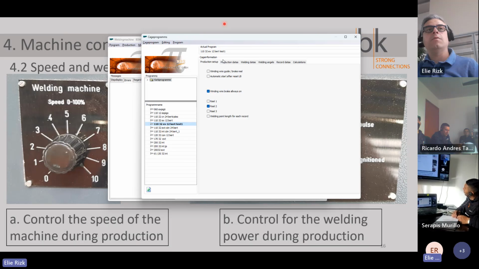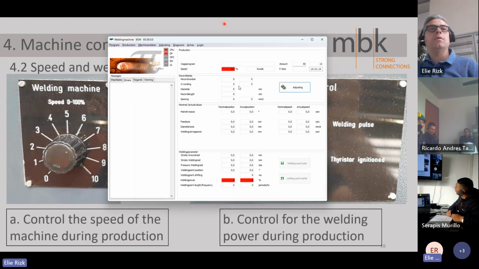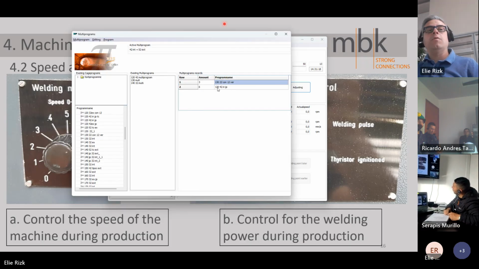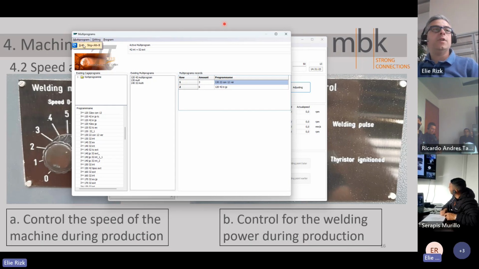And the second one, you need the real number 1. So let's say these are 2 different diameters. Then in the multi-program, when you put these 2 together, then automatically the machine, when it changes the